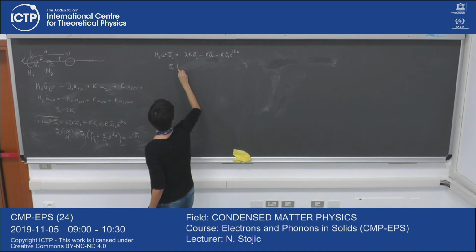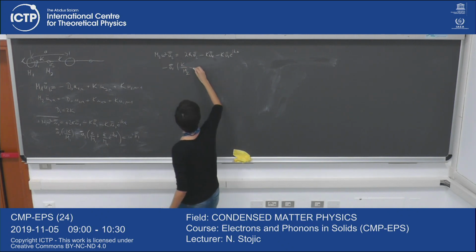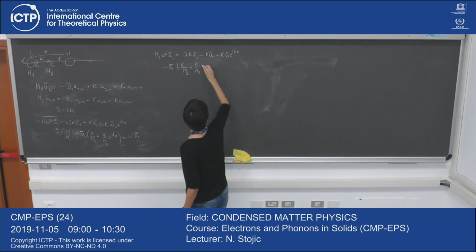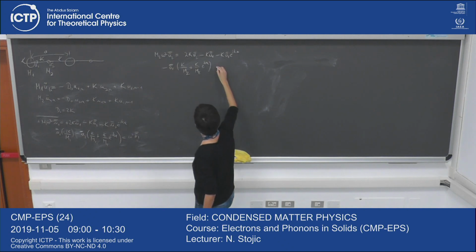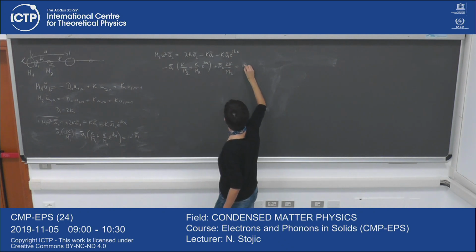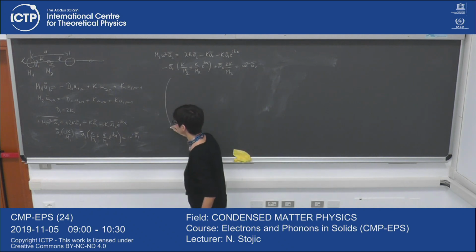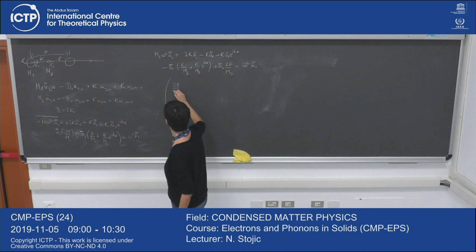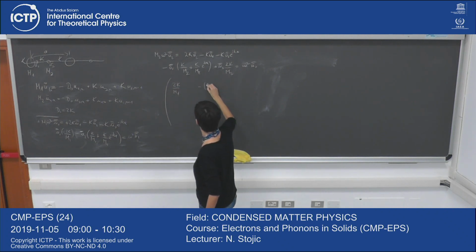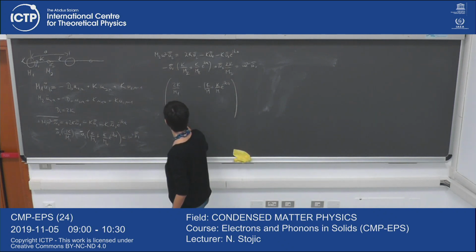So that U1 is equal minus M2 plus K over M2 IKA plus U2 matrix. Here is minus